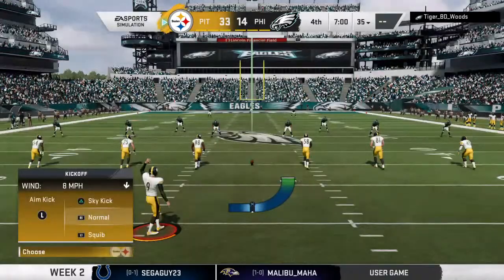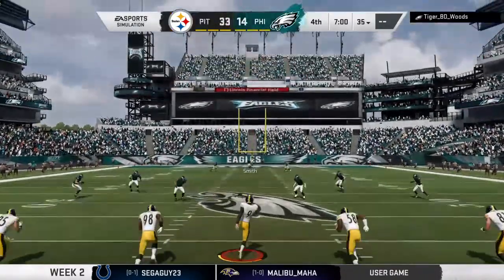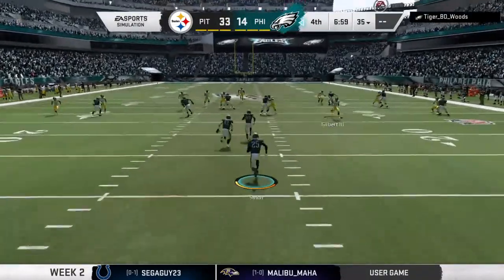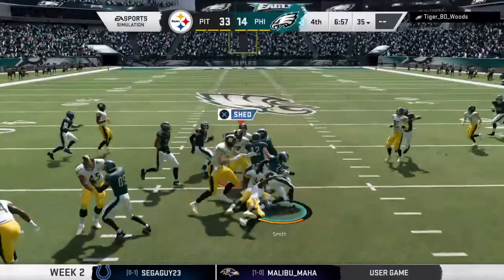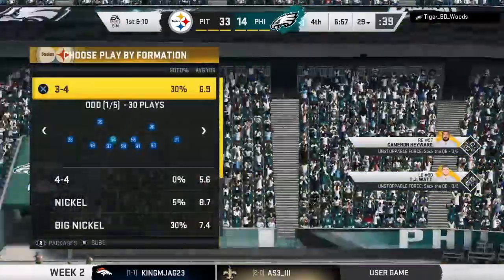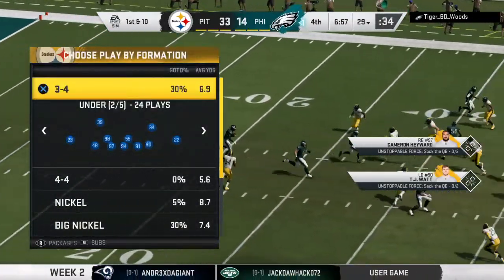And welcome back. We are in the city of brotherly love, Philadelphia, where the 4th quarter will begin with a kickoff following the score on the final play of the 3rd quarter. This is taken at his 4. And it's a pretty good return here as he'll get it up to the 29-yard line. The Eagles take over 1st and 10 at their own